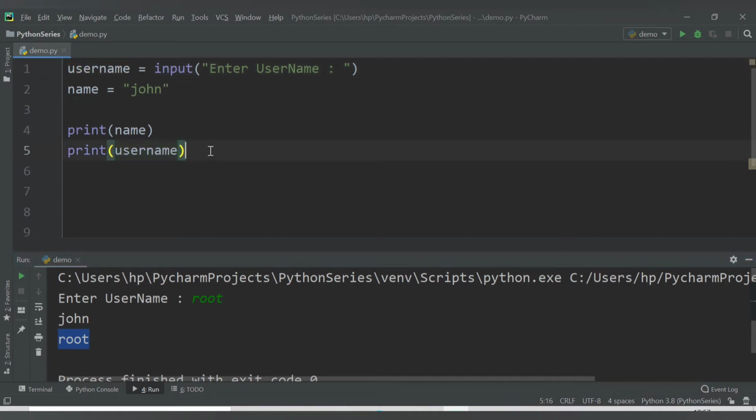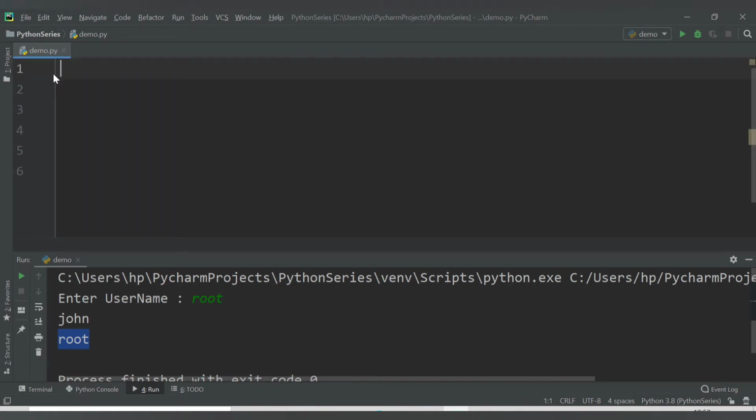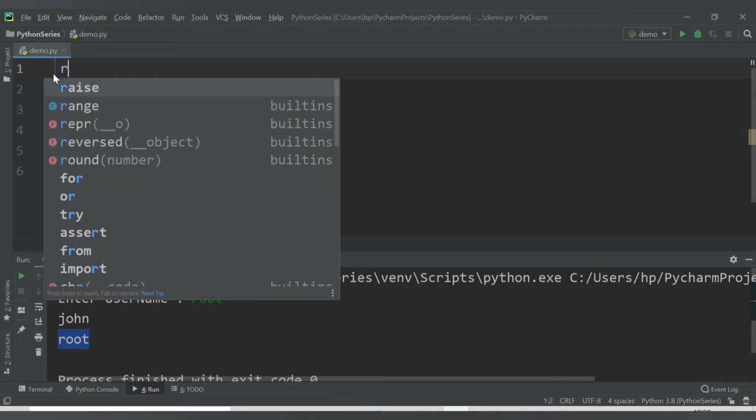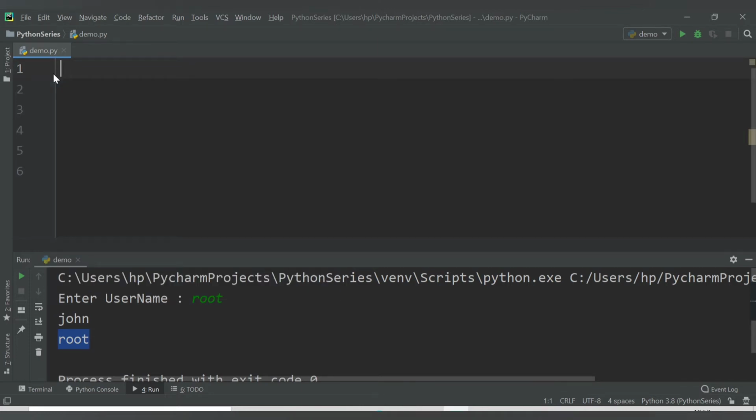So what can we do with this input? Let's remove all this. Let's consider I want to accept just numbers from the user and not strings. How can I do this? Let's say I have one variable, and I want to give it the name my number.